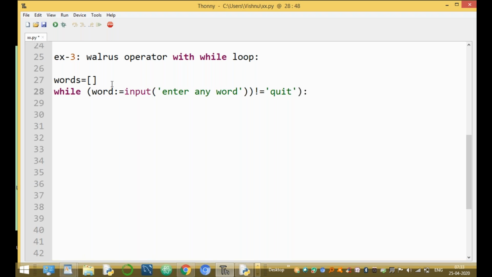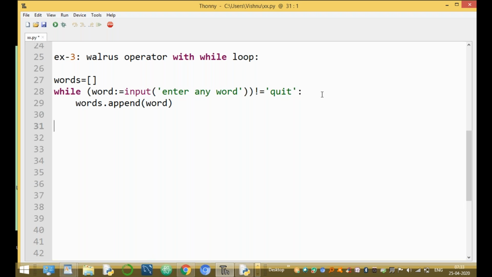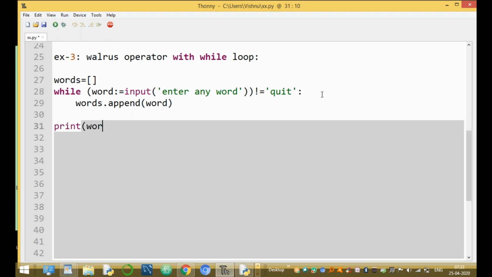That is not equal to quit, then words.append(word). After completing the loop, print the value of the words.